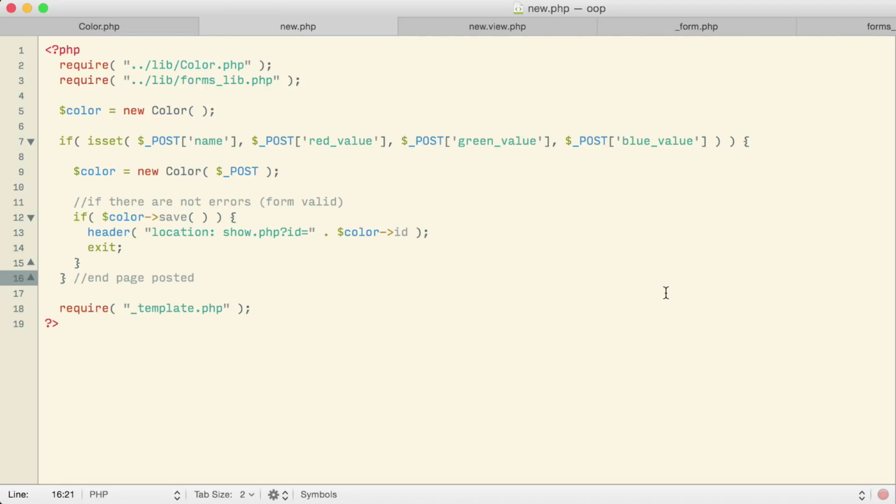If I switch to a different technique for saving my colors, those changes will all happen entirely inside the color class. If I make this same sort of sweeping change on my edit page, on my destroy page, everywhere, then that would mean that by editing nothing but my color class, I will be able to completely change the way that my color system works, which is what the goal was, to isolate the working with the color data, forming a proper model, so that our controllers, which is basically what this is, and our views will no longer have to be at all concerned with how colors are actually stored.